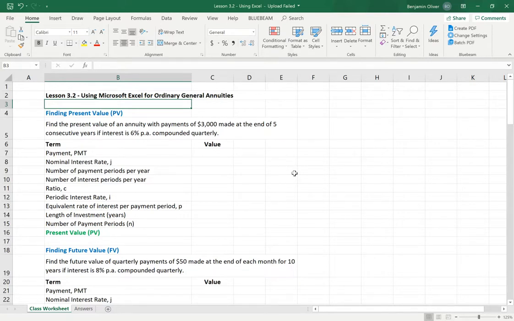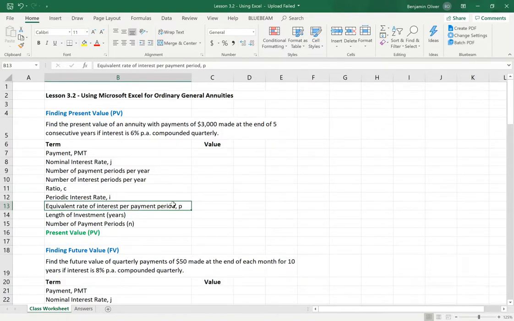And in an ordinary general annuity, the number of payment periods and the number of interest periods per year are not the same. So in other words, they happen at different times, all right? So it introduced two different variables. One was a ratio C, and one was an equivalent rate of interest per payment period, which was labeled as P, okay? That allowed us to use the same equations that we used in Unit 2 for annuities, for future